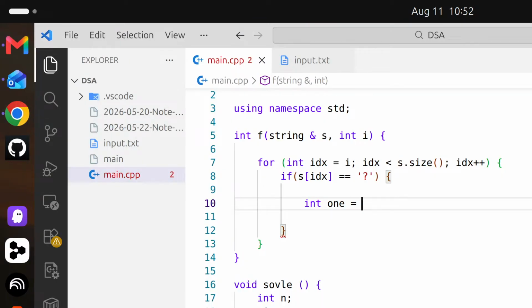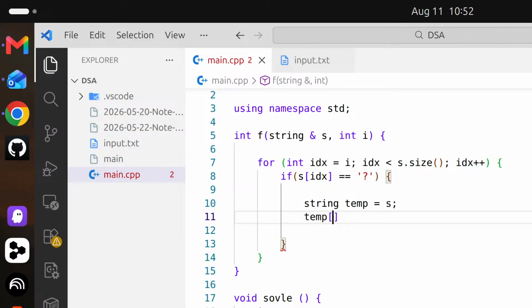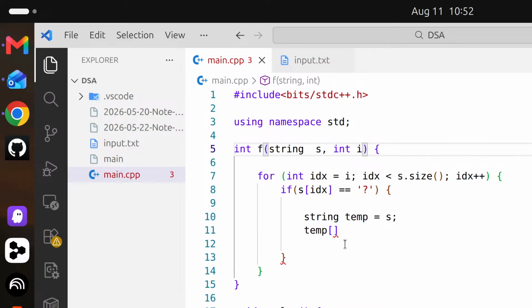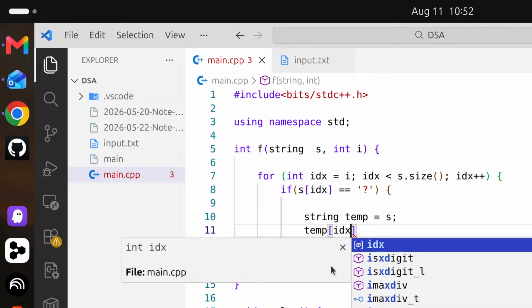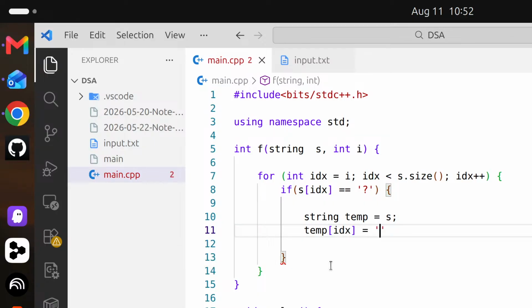Alright, so what I can do is, okay, so a string temp equal to s, and temp of... okay, let's do this thing. Right, temp dot s temp of idx equal to this 0 character, right,